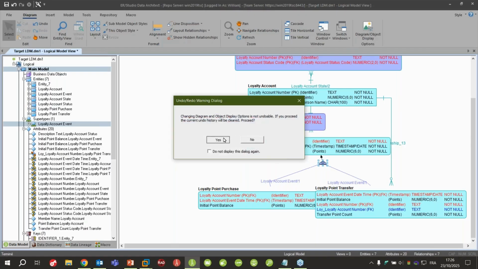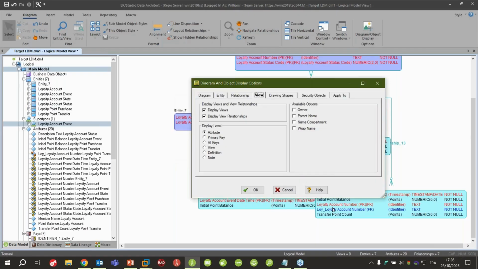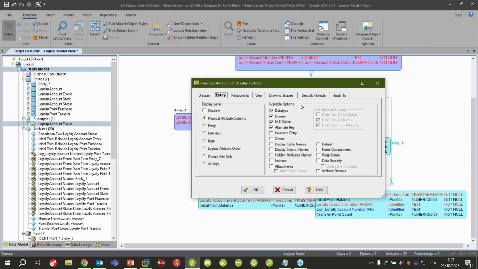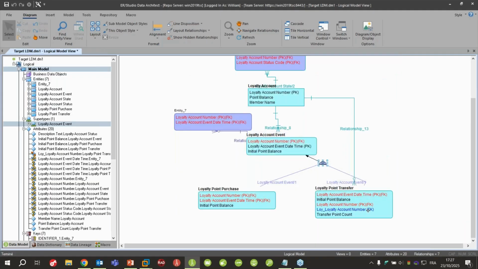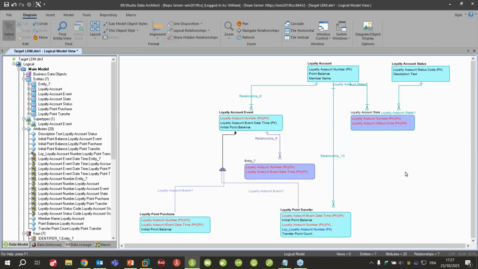We can also change the layout. Like I said, here I have my attribute name, and whether it's a primary key or a foreign key. Next to this, I have my different domains, the data type, and so on, directly visible. It comes from these different options. Depending on the object I want, I can remove my data type, the domain, or the null option if I'm not interested, for example, and you can easily recreate your model with the exact options that you want to display.